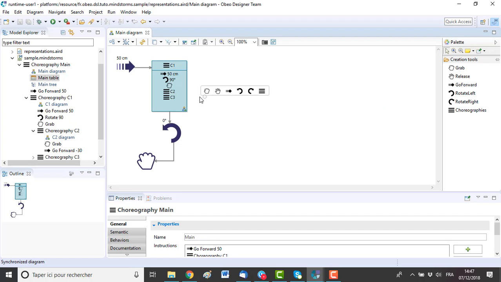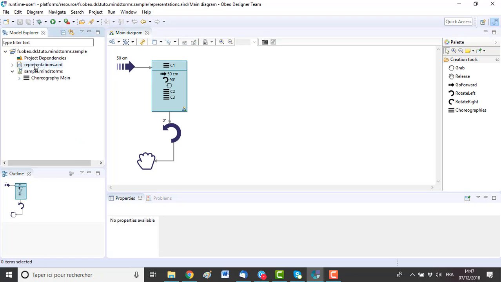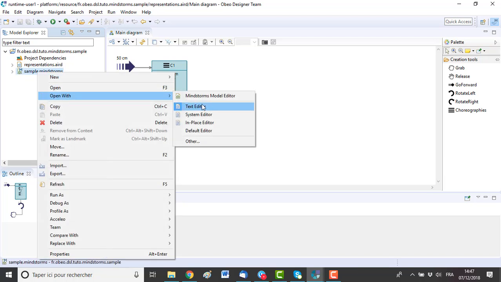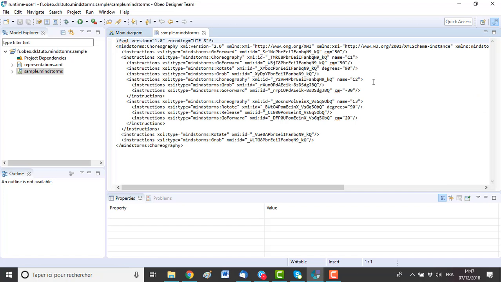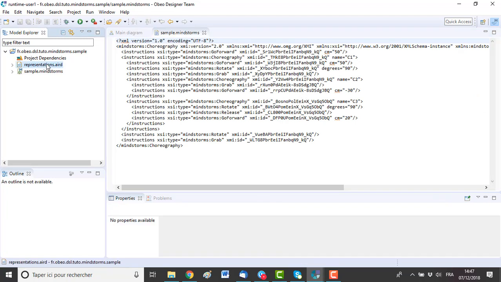So basically a tool developed with Sirius manages the models with several files, at least two files. The file defining the model, which is basically an XML file, and a second file which defines the graphical representations.